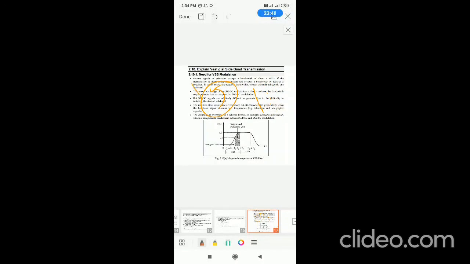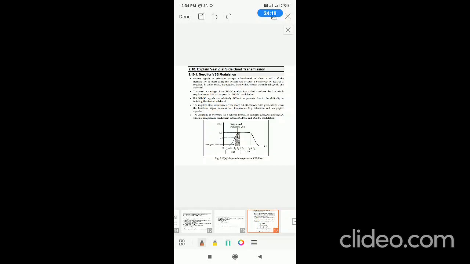This is carrier, picture 1, this is picture 2. Earlier you sent only one picture with two sidebands, which occupies 10 MHz. Now we are sending two pictures, one sideband each: this is picture 1, this is picture 2, and the bandwidth is 10 MHz. When you send only one picture with two sidebands, it is a wastage of bandwidth. But this is nothing but SSB.